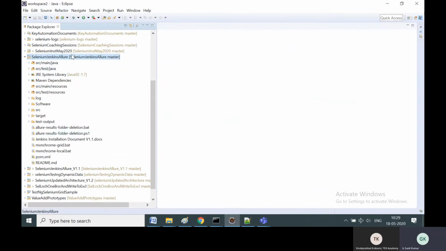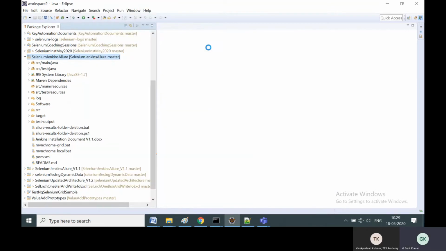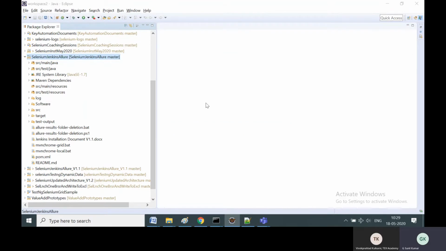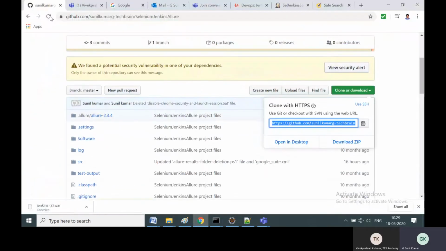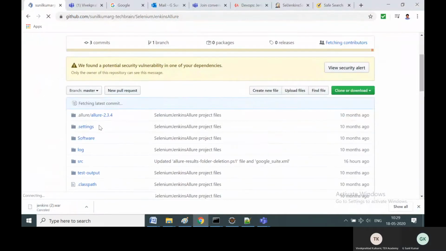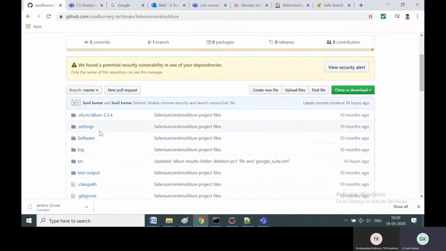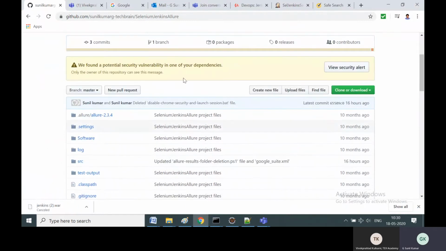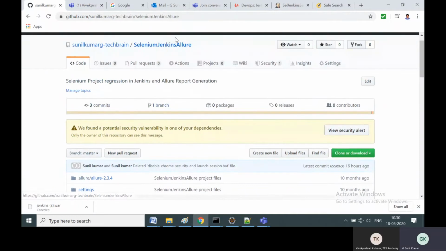You'll copy the files, then right click, Team, Commit, and once you commit and push, it will be available here in your repository. Once it is committed and pushed, if you refresh, it will be available here. This also I have dealt with in part 1, how to commit and push and see your code in the repository. You can check the part 1 installation video.